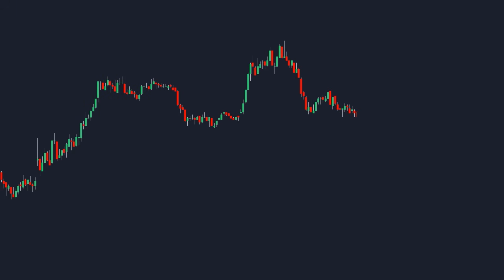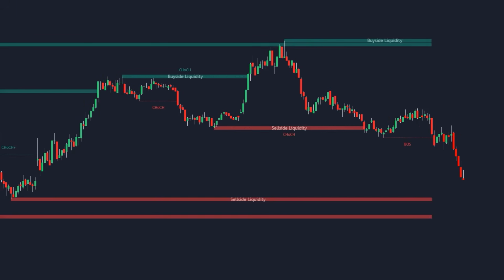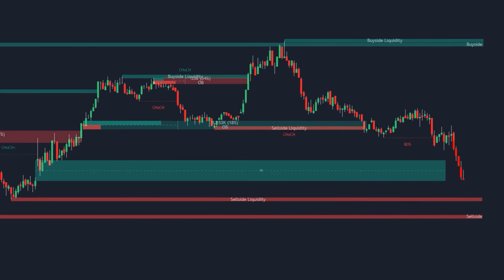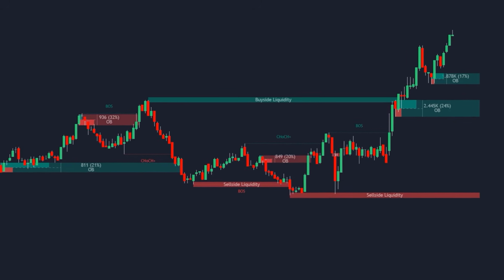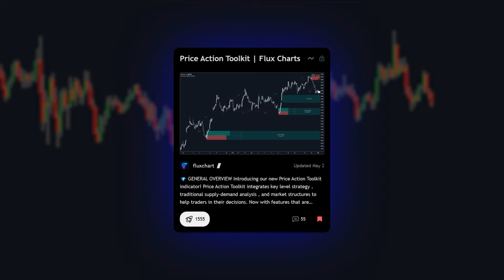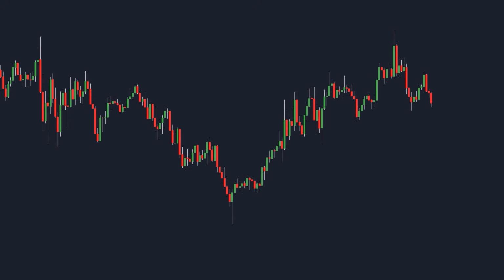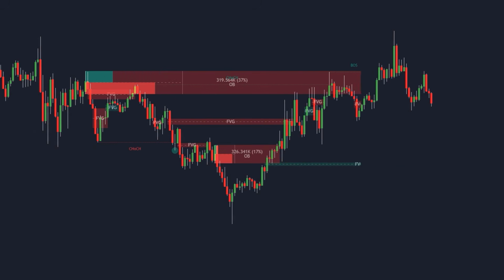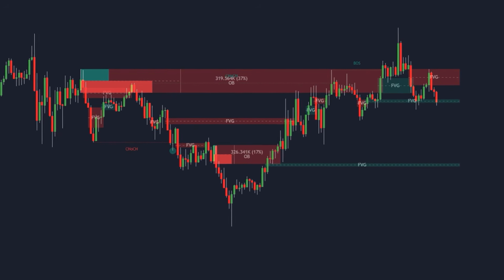Every trader has heard of price action, market structure, liquidity, order blocks, imbalances, you name it. But let's be honest, understanding how it all fits together isn't easy, and trying to piece it together from random strategies is even worse. That's exactly why we built the Price Action Toolkit. It puts the most important parts of price action into one complete toolkit, making it easier to see what actually